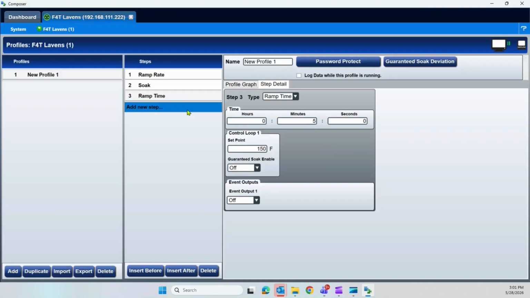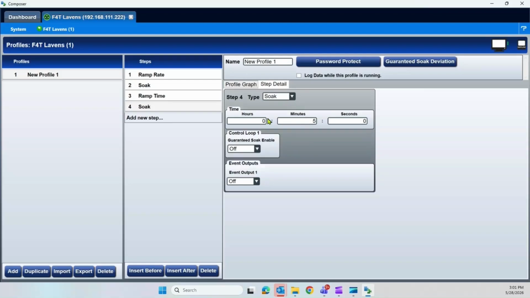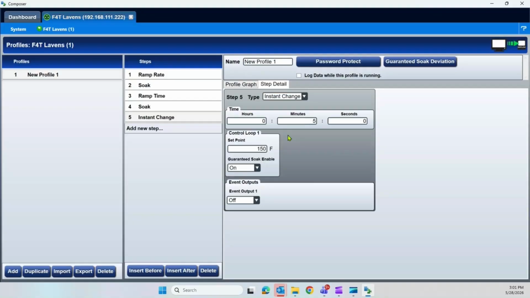So we're going to add another step now. We'll do another soak. And again, I do like to use the guaranteed soak on the soaks or the dwells. So we're going to soak at that next temperature for 5 more minutes. We're going to add another step. Now here, there's something called an instant change. The instant change is sort of a combination of a set point change and a dwell in one